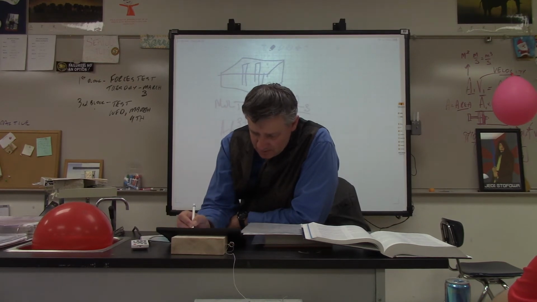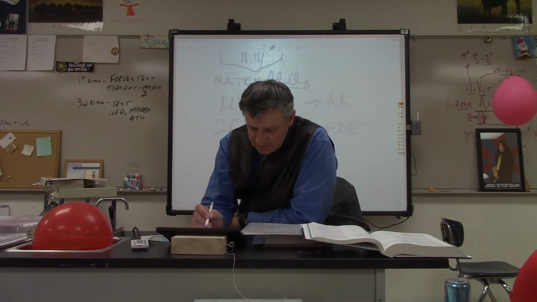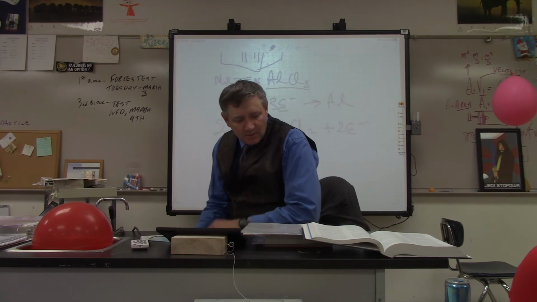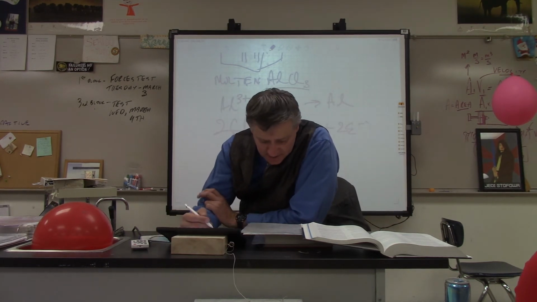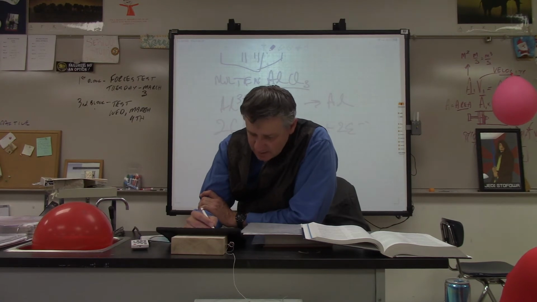Aluminum, yeah. Aluminium. Al and Cl. Aluminum. And the Cl minus is going to do what? Turn it to chloride. Chlorine gas and 2 electrons. Okay, all right. So the overall balanced reaction here is going to be 2 Al3 plus plus 6